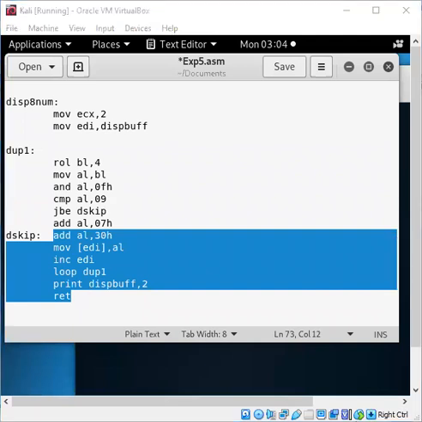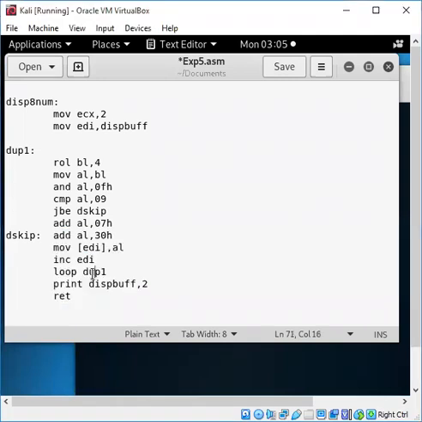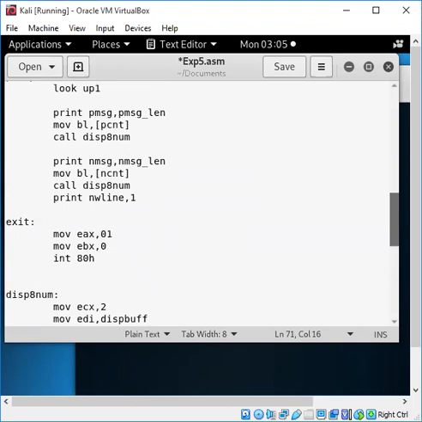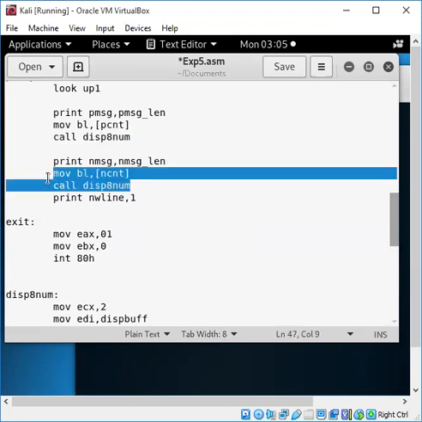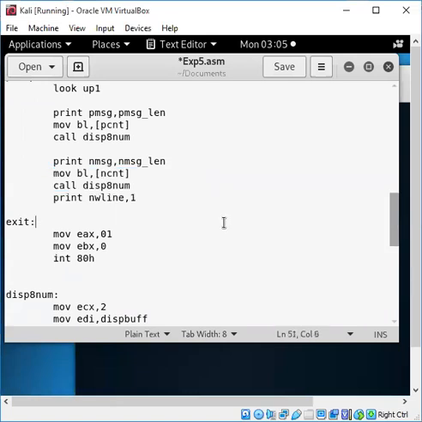If we put that in its form, we are able to get the actual value. If it is more than 9, we need to convert it into the letter form: A, B, C. So the values we have will be compared, and this loop will be continued. So this is one system call for checking the positive count. Similarly, it will be for negative. So we'll save this.